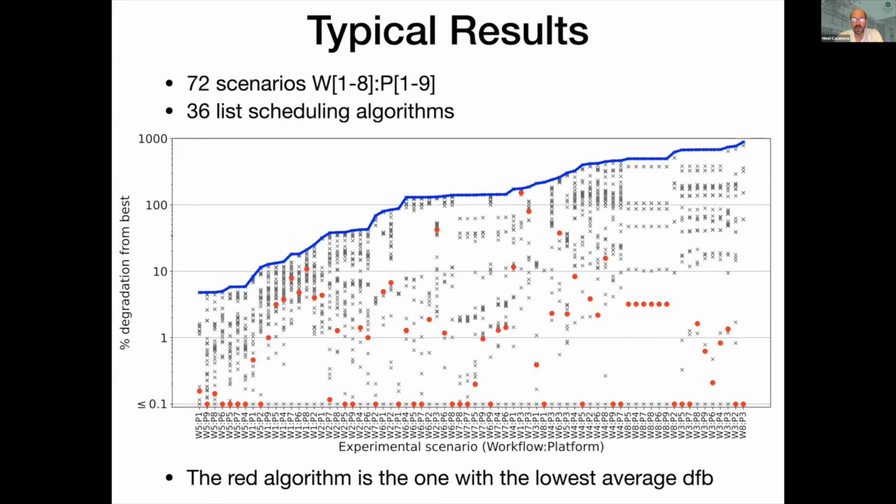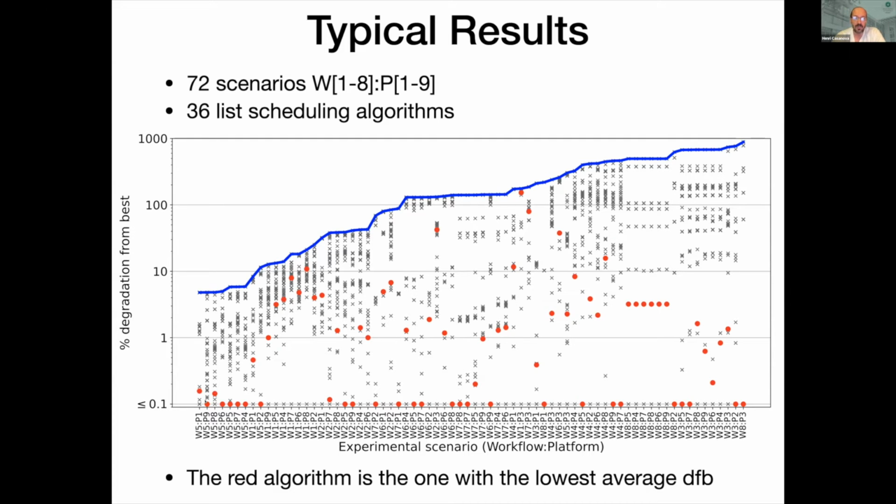Perfect. Now, this is a log scale. So here we're talking about tens and hundreds of percent worse, right? And so that spread here is the difference in efficacy of the different 36 algorithms on the same scenario. And so, of course, because scheduling is NP-hard and these are all heuristics, we expect that it's going to be messy like this. And if we were to pick the best algorithm, and here I put best in quotes, we would pick the one that had the best average degradation from best, meaning over all those 72 scenarios, which one is best on average.